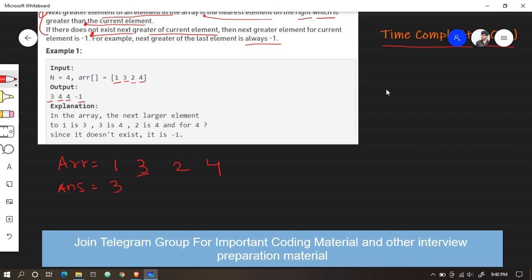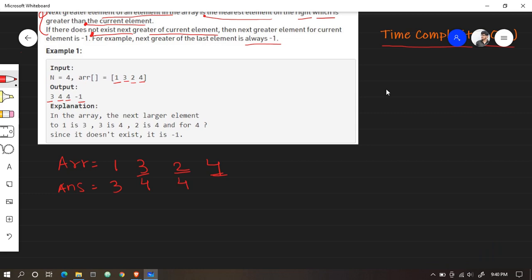Greater than 3, we will find 4 here. Greater than 2, we will find again 4 here. And greater than 4, there is nothing on the right side of 4, so it will be -1. So we can assume that always the last element will be -1, isn't it? Because there is nothing on the right side of the last element.